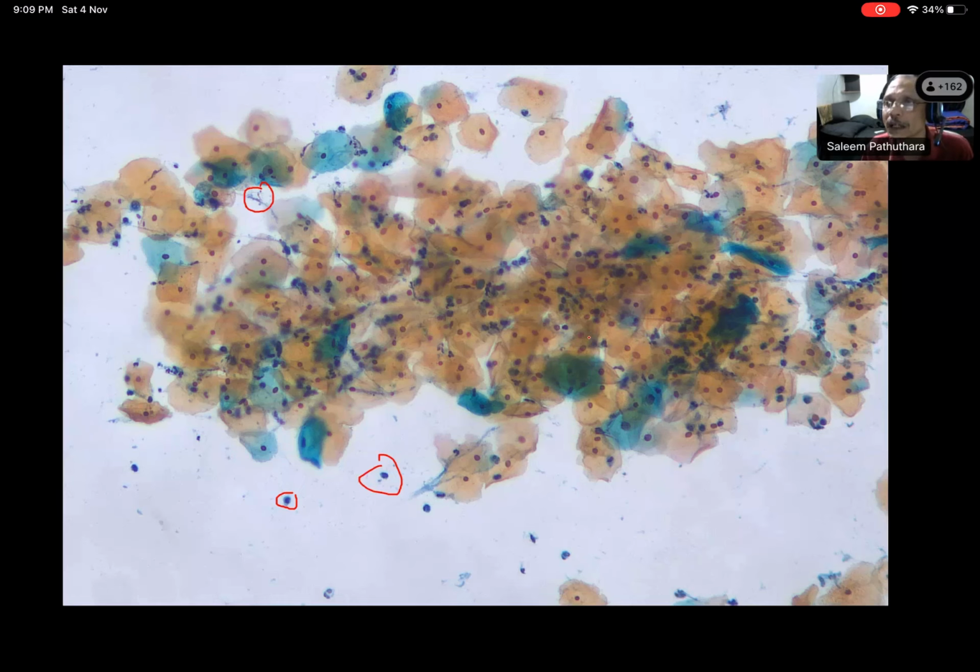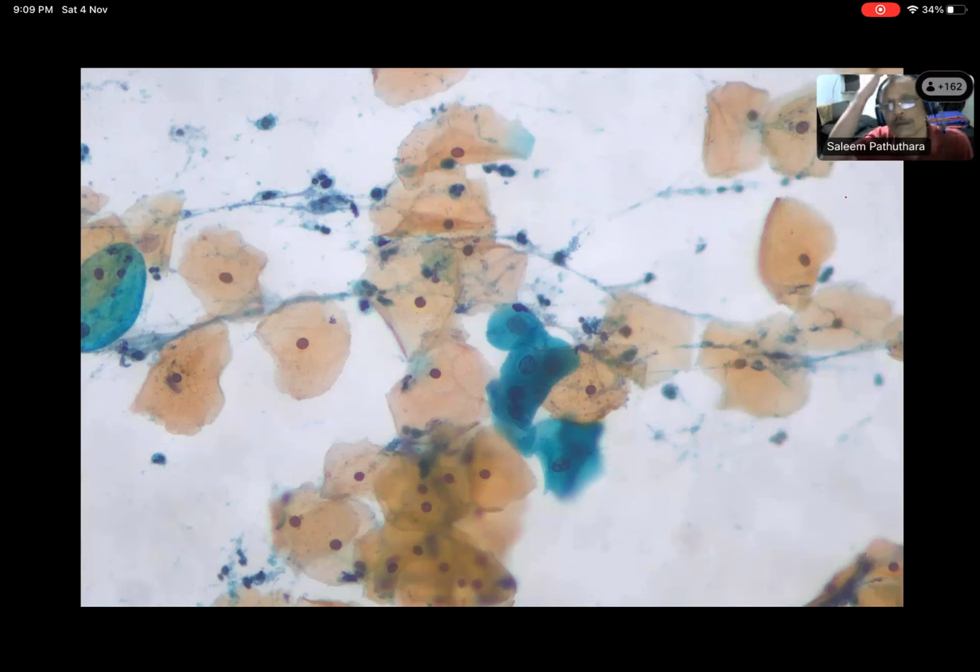The reason is very evident. Yes, sir. So we go to the high power. Can you explain this type of cells in the center? Sir, these look like parabasal squamous cells. How can you get parabasal squamous cells in a reproductive age woman? You only said this looks like a reproductive age woman because of a lot of estrogen, right? So do you think this is parabasal?